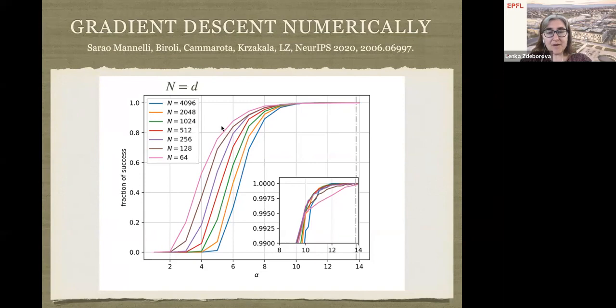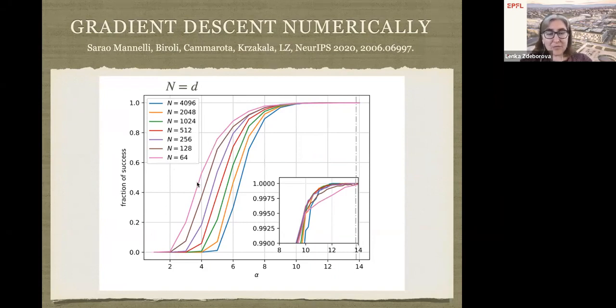So in what fraction of cases that we run, depending on the size. Here the n is actually the dimension, that's the dimensionality of the data. So how does that depend on that? And alpha here is the number of samples divided by dimension. So always the x-axis in all these plots is the same.